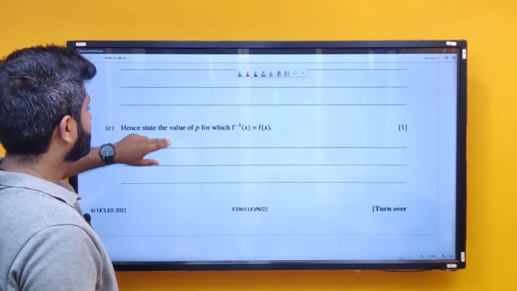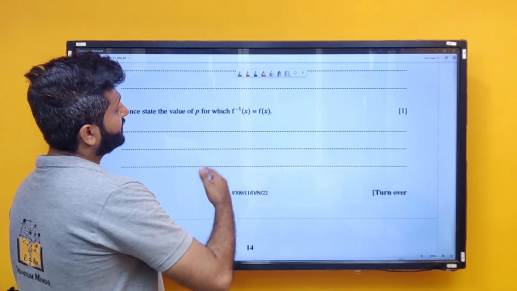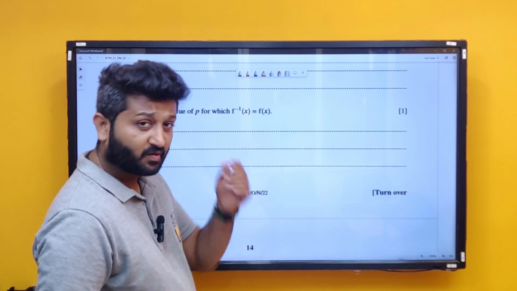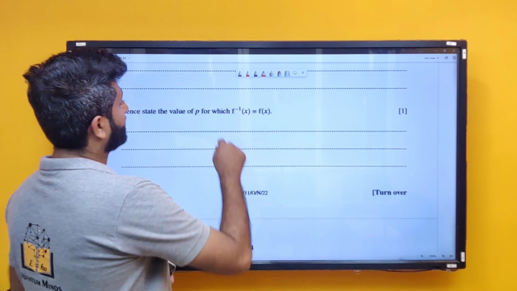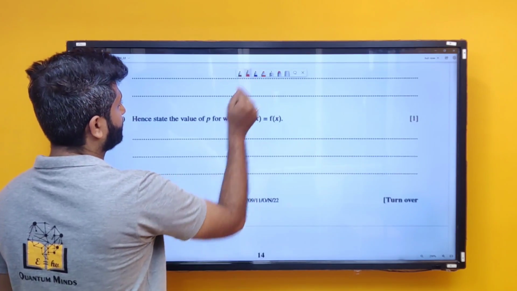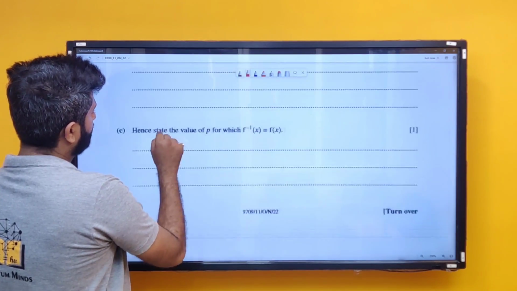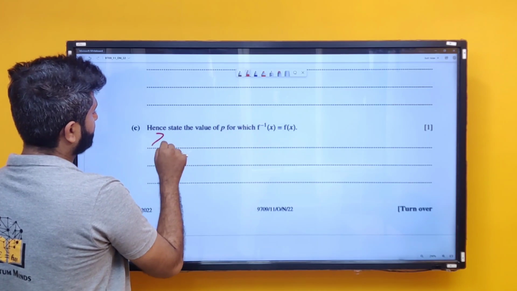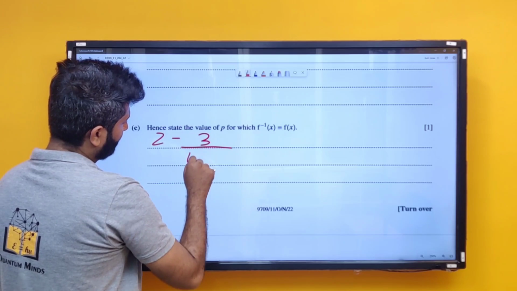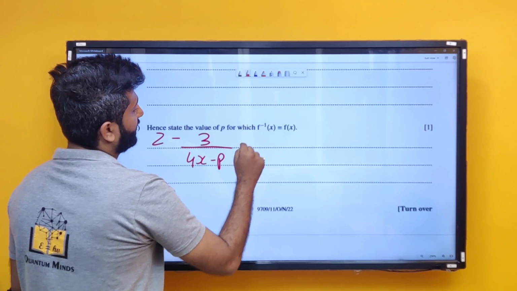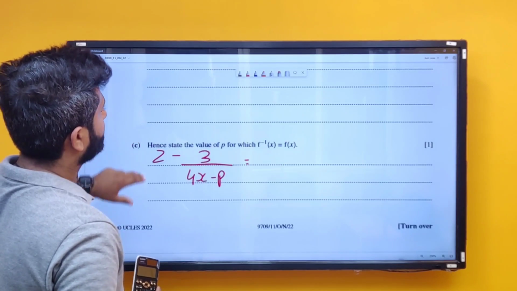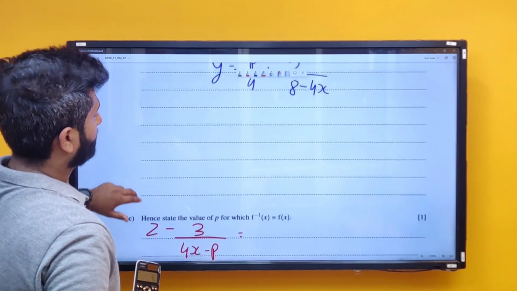Next, state the value of p for which f inverse of x is equal to f of x. So we have to state the value where f inverse and f of x are the same. So guys, what was my f of x? My f of x was 2 minus 3 upon 4x minus p, and my f inverse of x was p by 4